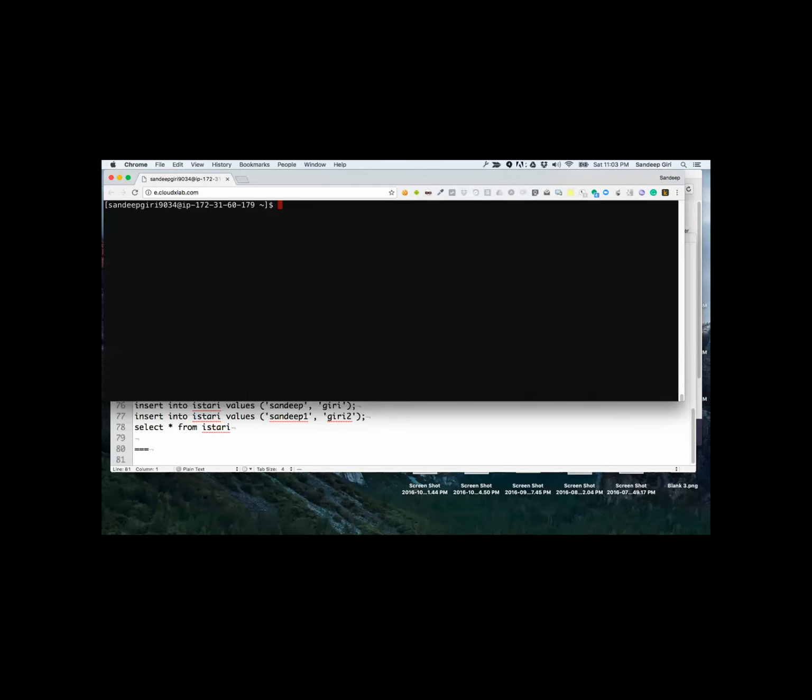We spent good time with Hive because we are going to use it in Spark as well. Pig, since we are not going to use it much, we have skipped it, and it's not being used too much by people.